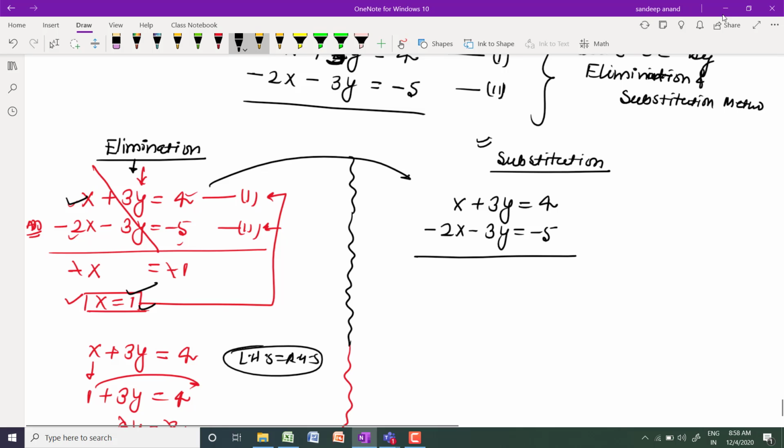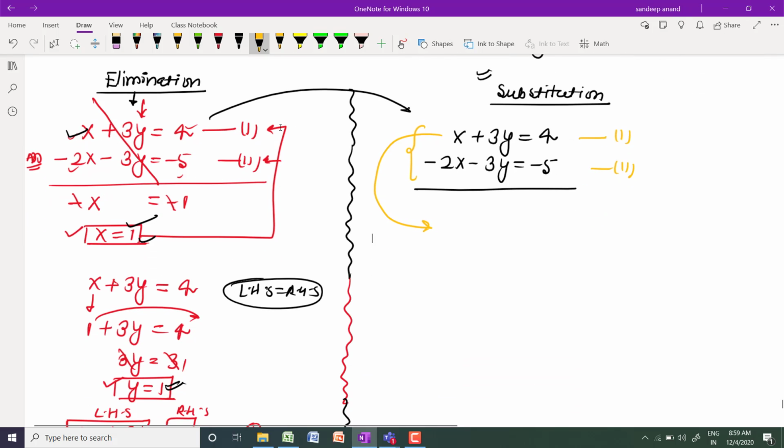Okay, now after this what you need to do is, this is equation number 1, this one is equation number 2. So in the substitution method, which I told you, I am repeating again in this class, you can take any equation which is simple in nature, and first you take any of the equations and find out one variable value in terms of another variable value. So from these two basic equations I am taking the first because it looks simple to me. Otherwise if I take the second equation, there are so many minus signs. So I am taking equation 1.